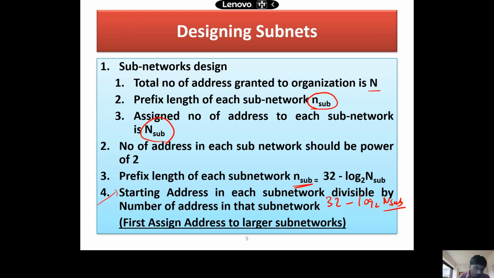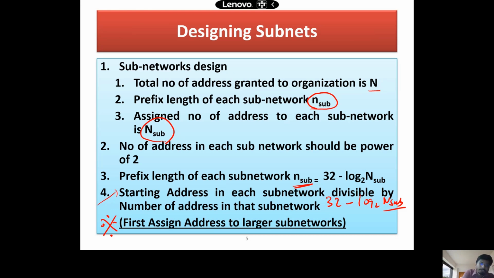But there is a very important requirement. If I am given a requirement where I have to split into multiple subblocks, and the size of each of these subblocks or subnetworks is variable, say I want to split into 3 subblocks. One block I need 1000 addresses, another block I need 500 addresses, the third block I need only 60 addresses. When you have a larger block and you want to allot these into subblocks, please ensure that you are allotting in descending order. Always look at the largest requirement that you have for your subblocks.